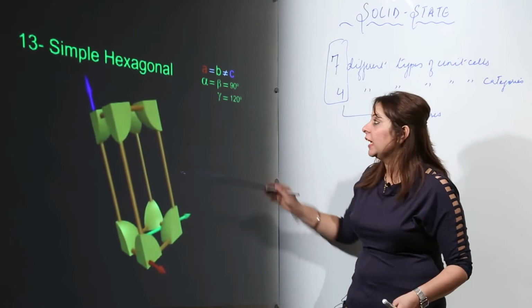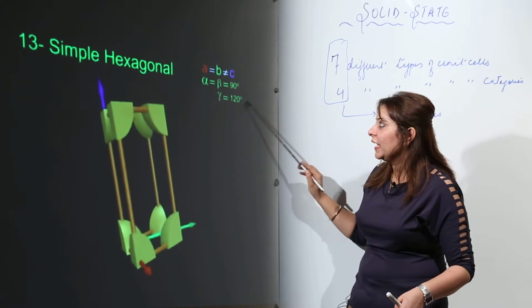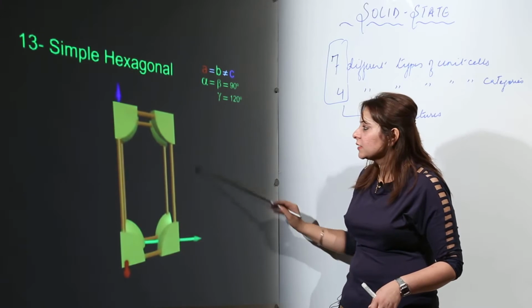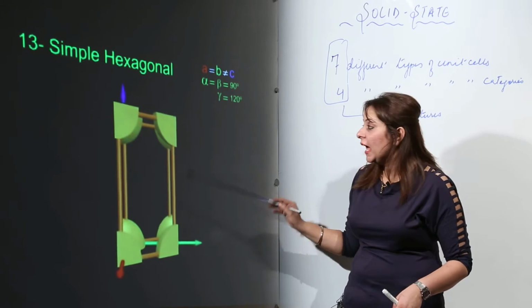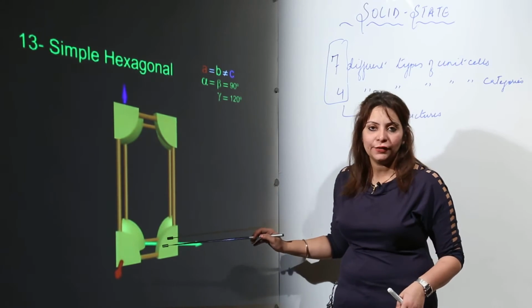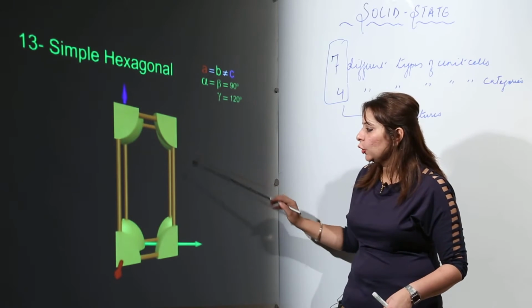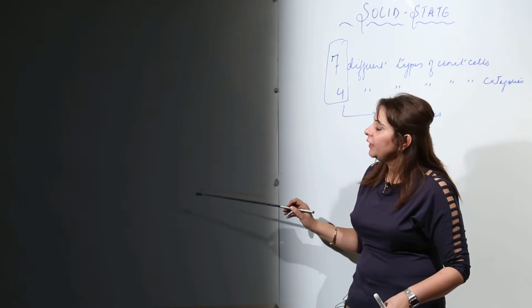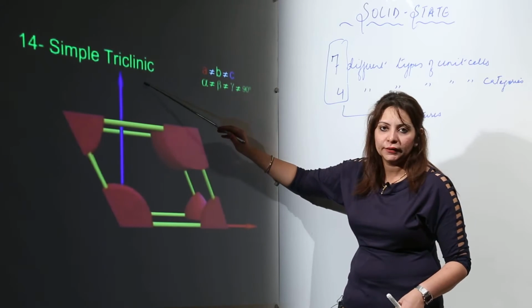So as you have seen, in hexagonal you have to remember the edges, you have to remember the angles as well, and moreover you should know how to draw the shape, right. And here it is showing a primitive kind of hexagonal form. So you get to see hexagonal in a primitive form. The next one we have is the triclinic one.